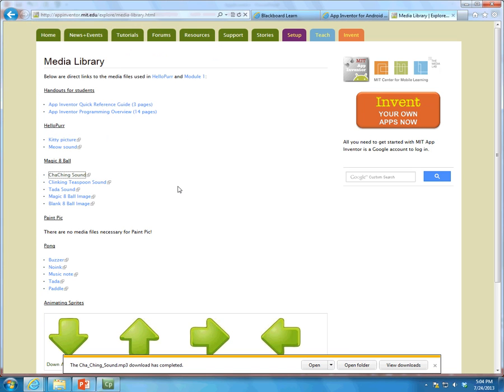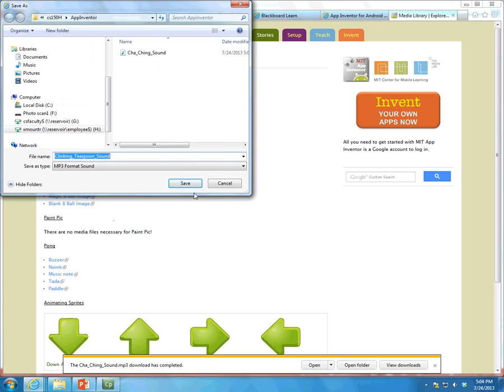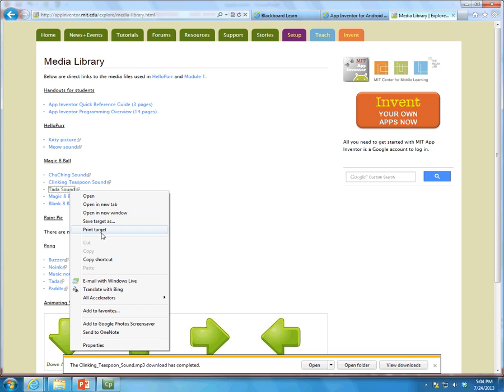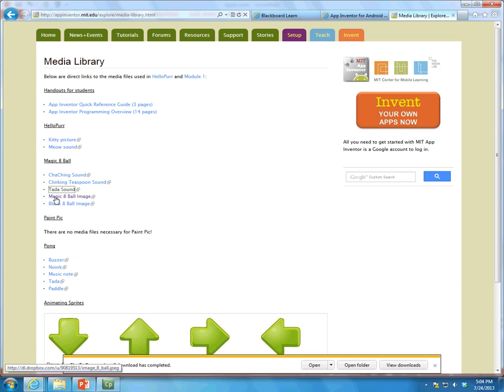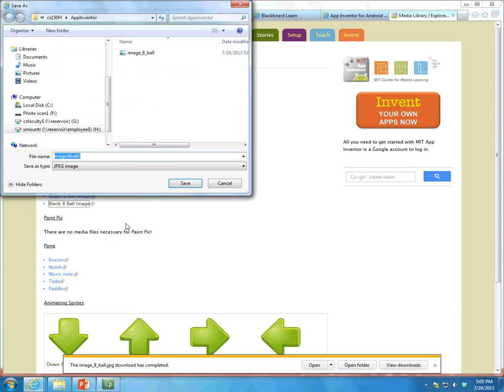Open it and save. Right click again, save, and save, and save. You need all of these different things for your Magic 8